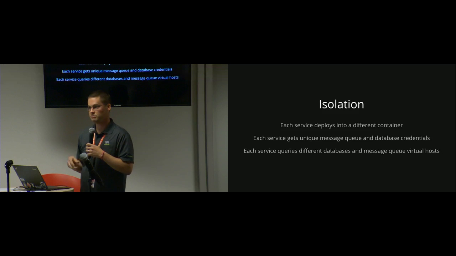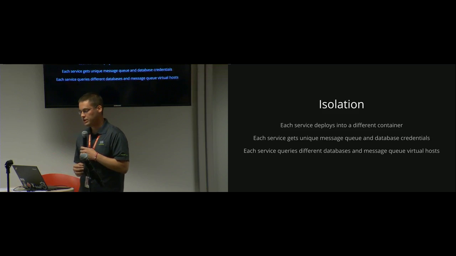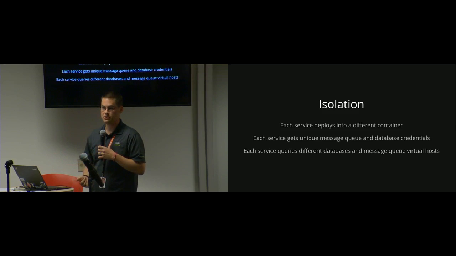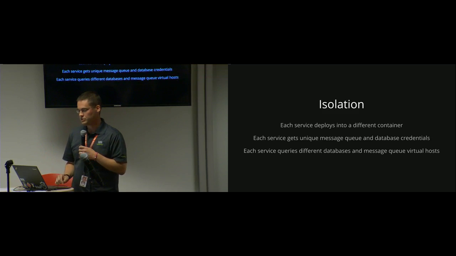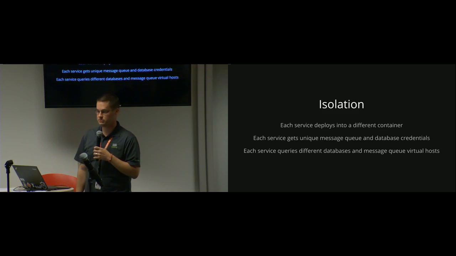And then we run it and we have multiple domains, multiple daemons running in there. Each OpenStack service will get its own message queue and its own database. So that way nobody's sharing credentials. If someone runs off with your Nova credentials, they don't have your Keystone credentials. If someone runs off with your Keystone credentials, they don't have your Neutron credentials. So in case of any type of compromise, that can be really helpful.